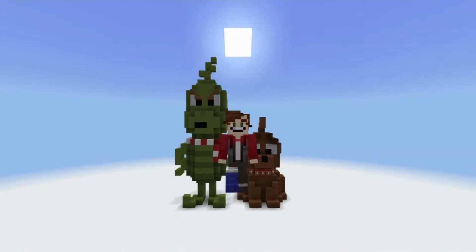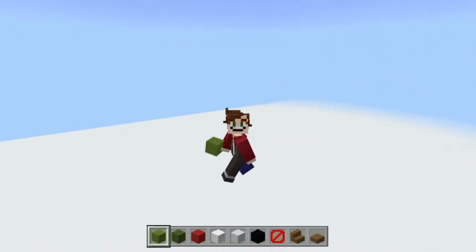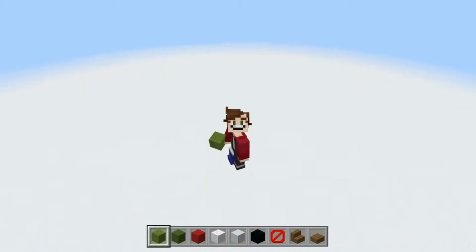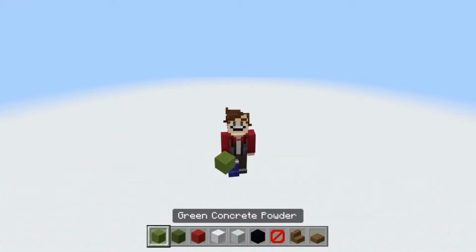Okay, let's grab the materials we need and get started with today's tutorial. Okay then guys, so I'm going to take a space behind my original two because I'm kind of running out of room on this Christmas world. I've been planning that many tutorials that it is getting a little bit full, in this certain area anyways. So instead of getting lost, I'm just going to go behind them just so I can still build the same sort of thing. Let's take ourselves some green concrete powder, some green concrete, some red wool, some white wool, some white and some black concrete,